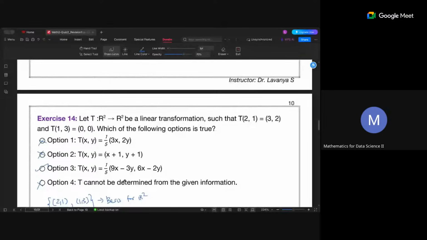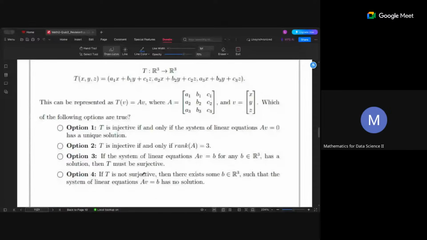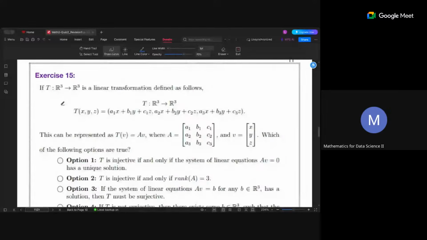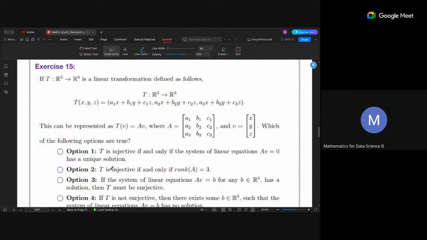Okay, everyone, attention, because we are summarizing the things we have seen so far in week 5. T from R3 to R3 is a linear transformation. We have some transformation. Don't worry about this A1, B1. They are some real numbers. Now, T is injective if and only if the system of linear equations AV equal to 0 has a